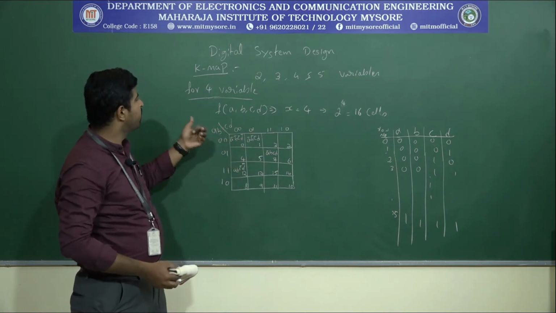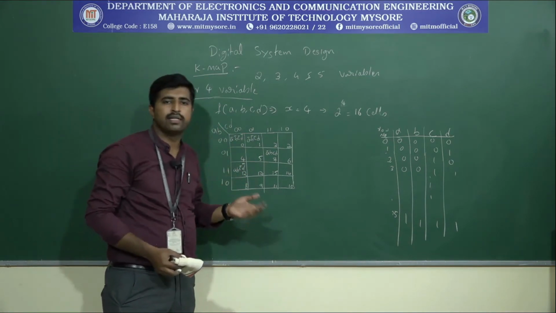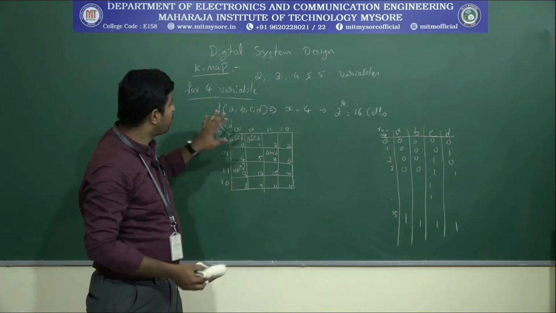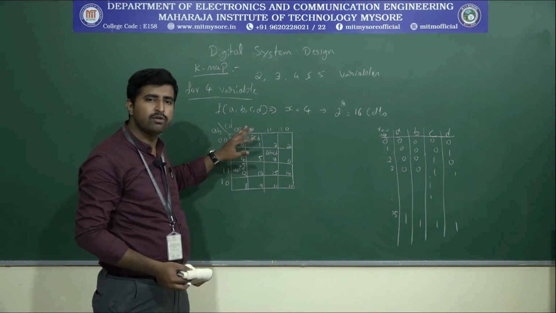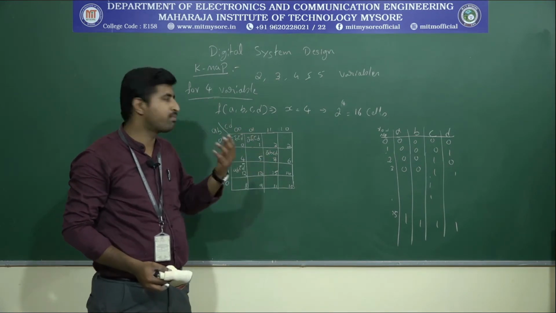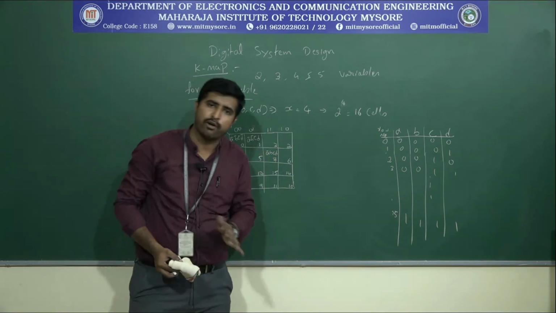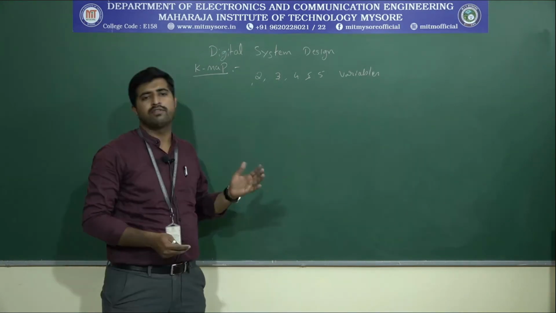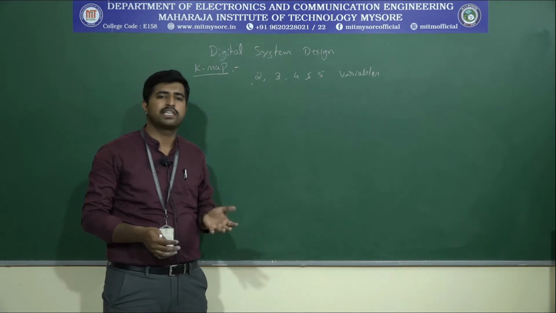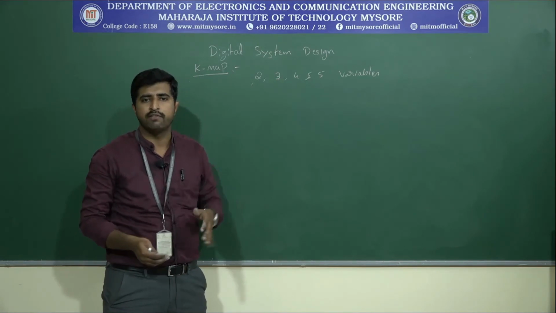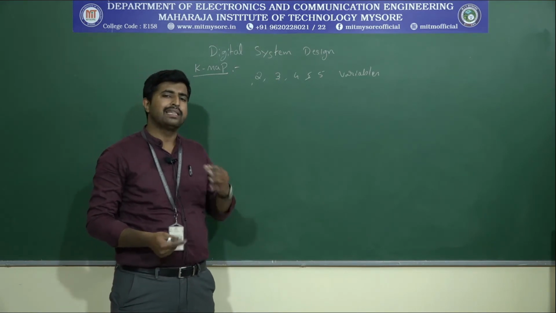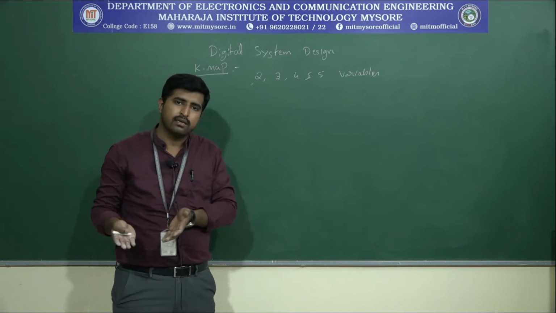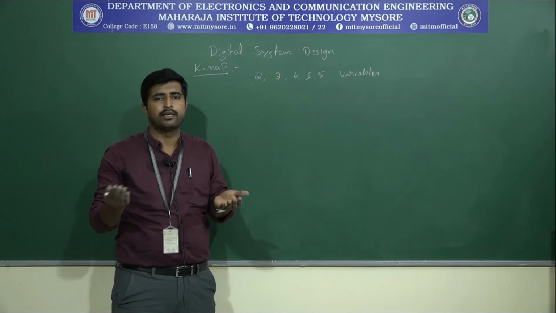So this is how a K map will look for 2 variables, 3 variables and 4 variables. How the 5 variables will look, we are going to see that later. Let's understand the simplifications up to 4 variables, then we will take up 5 variables. Till now we saw how the K map structure will be for 2, 3 and 4 variables. Then how the output will be there? We said that K map will be related to the truth table.